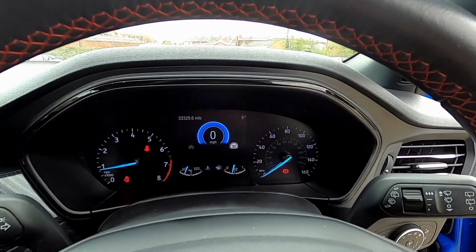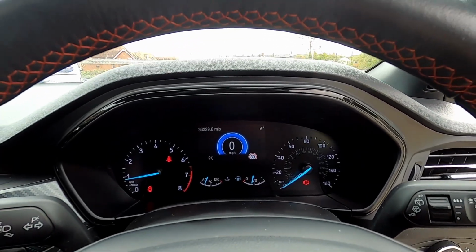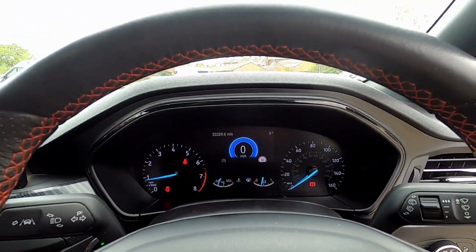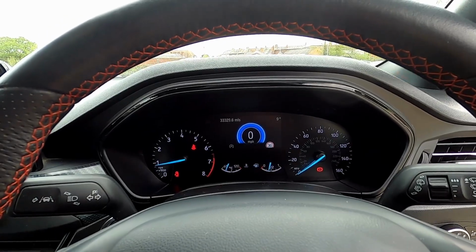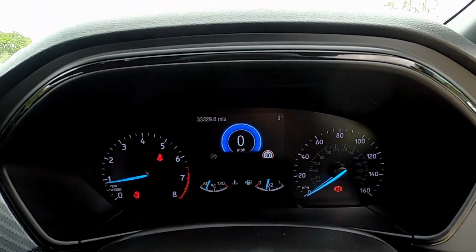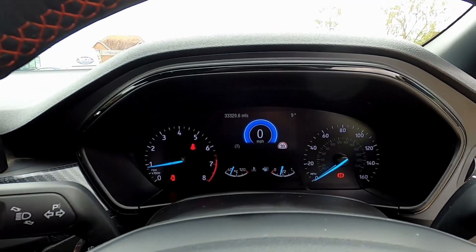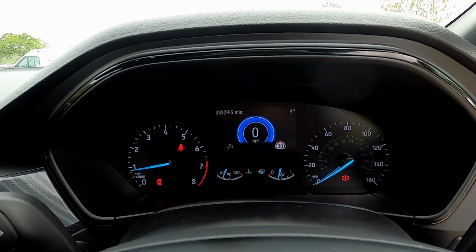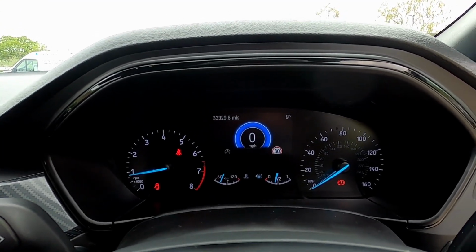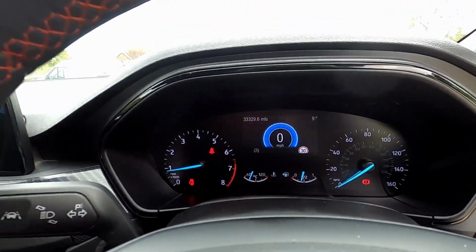And if we just look on the dash there, as you can see, it has done 33,329 miles. That is subject to change in case someone does want to come and test drive the vehicle. As you can see, we have sign recognition on this Focus. So it comes up with the speed limit, just to remind you that it is, as you can see on the dash, a 30-mile-an-hour zone. Now if we move on to the centre console,